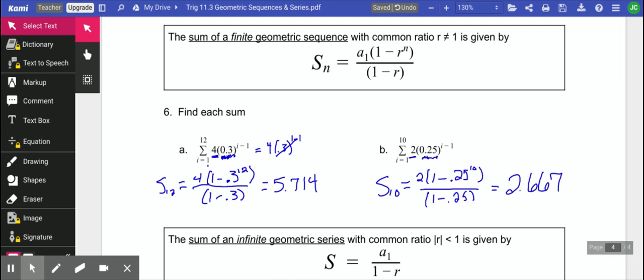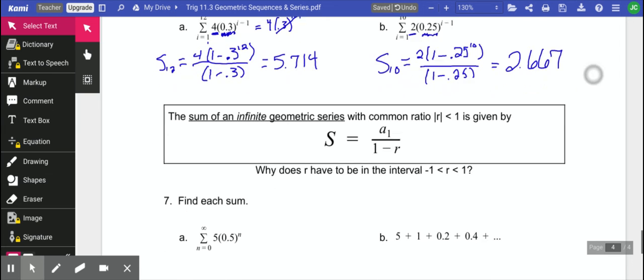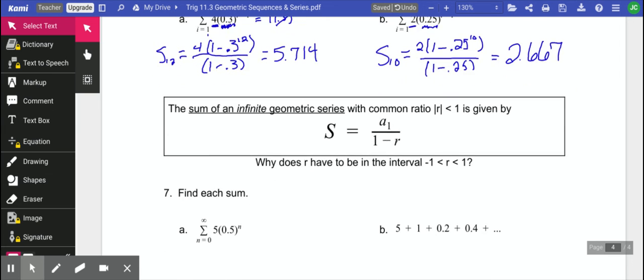Now, something kind of interesting. With arithmetic sequences, we could only do finite sums, okay? If it keeps going on and on, there's no reason to find the sum because they just kept getting bigger and bigger. We can find the sum of some geometric series, okay? The reason this works,